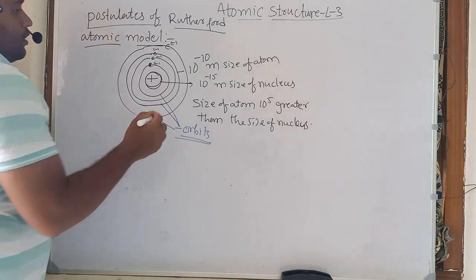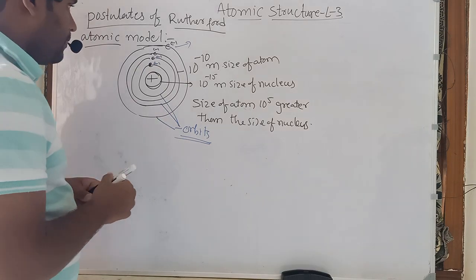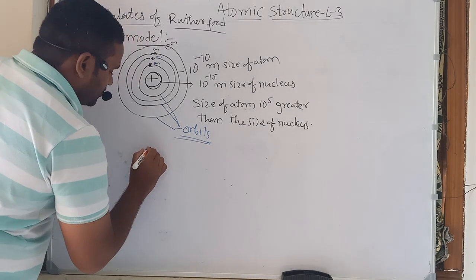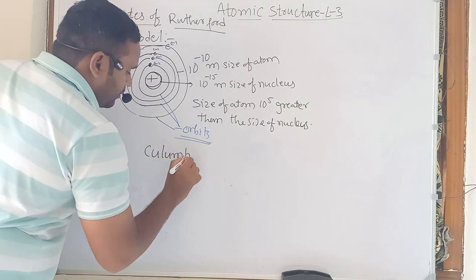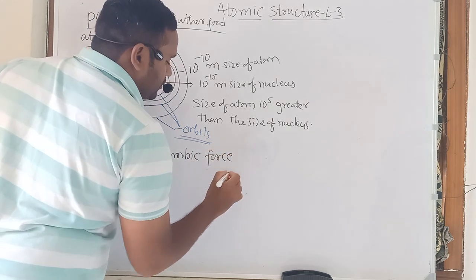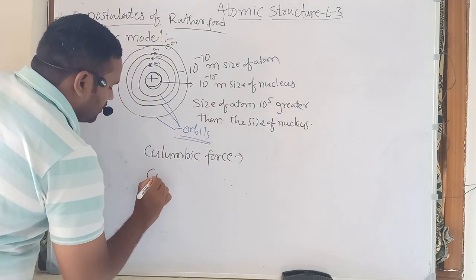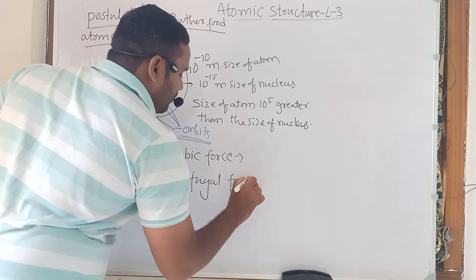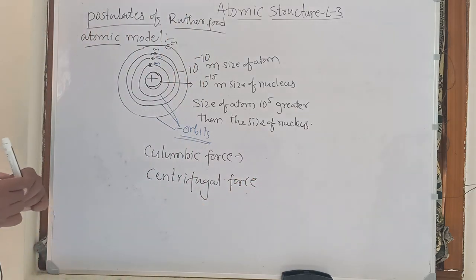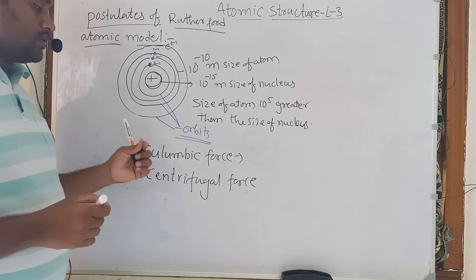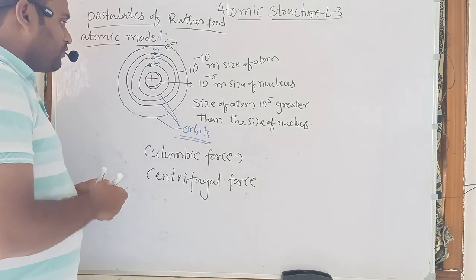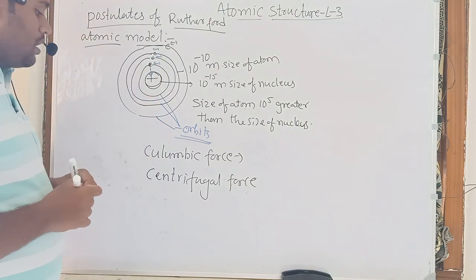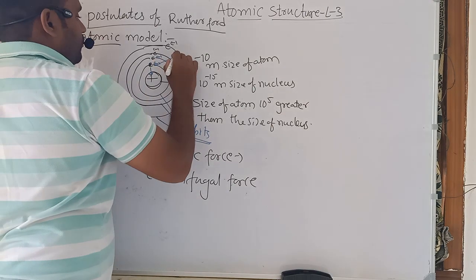So on this electron, two types of forces are acting: the Coulombic force and the centrifugal force. Because of the Coulombic force, electrons are attracted towards the nucleus, and due to the centrifugal force they are moving away from